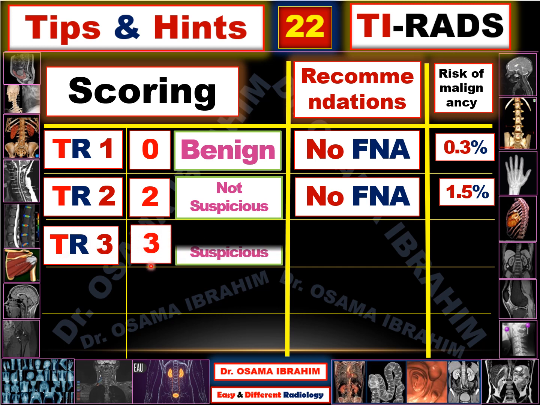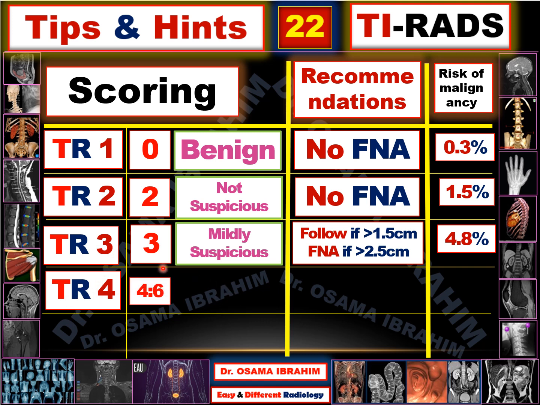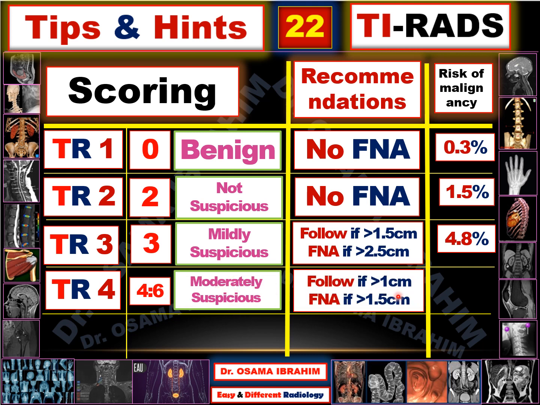TI-RADS 3, if the score is 3, means mildly suspicious to be malignant; follow up if the nodule is more than 1.5 centimeters, and fine needle aspiration is recommended if the nodule is more than 2.5 centimeters, and the risk of malignancy is 4.5% in this category of TI-RADS. However, TI-RADS 4, if the score sum is 4 to 6, is considered moderately suspicious of malignancy. Follow-up is recommended if the nodule is more than 1 centimeter and FNA if the nodule is more than 1.5 centimeters. The risk of malignancy